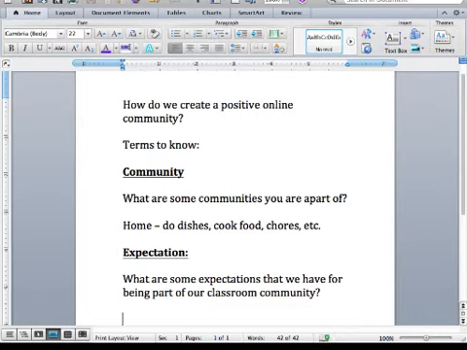I know that Mrs. Elsmiller has a lot of classrooms. Can you tell me what Mrs. Elsmiller does on her board for her community? Doesn't she have a list of things every day that people do? Yeah, she has a list. She has plus-one people, like when they do the right thing.